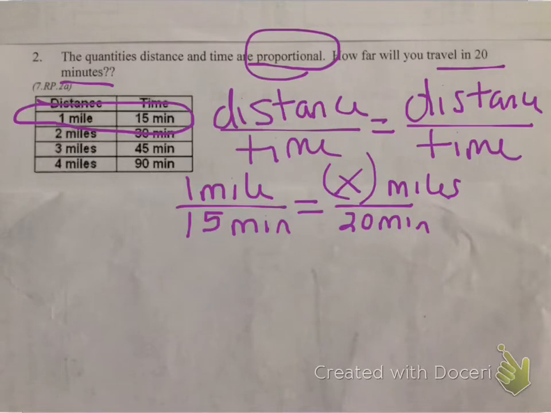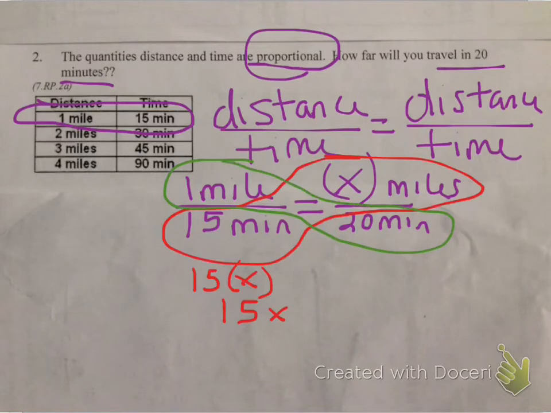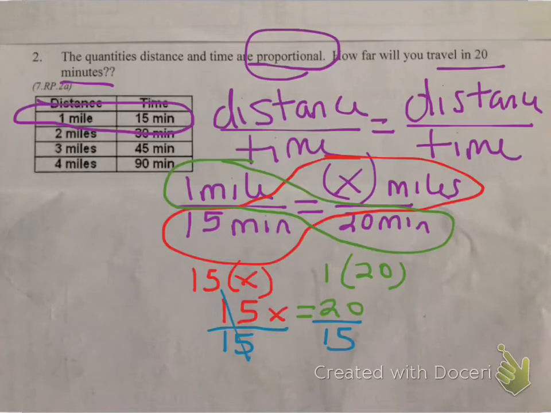So I'm going to multiply 15 times x, and that would be 15x. And then I'm going to use the cross product property over here and do 1 mile times 20. 1 times 20 is 20. Set that up as my equation. 15x equals 20. I want to get my x all by itself. So I need to get rid of that 15, the multiply by 15. The inverse would be to divide by 15 on both sides. The 15s cancel out. I'm left with x equals,